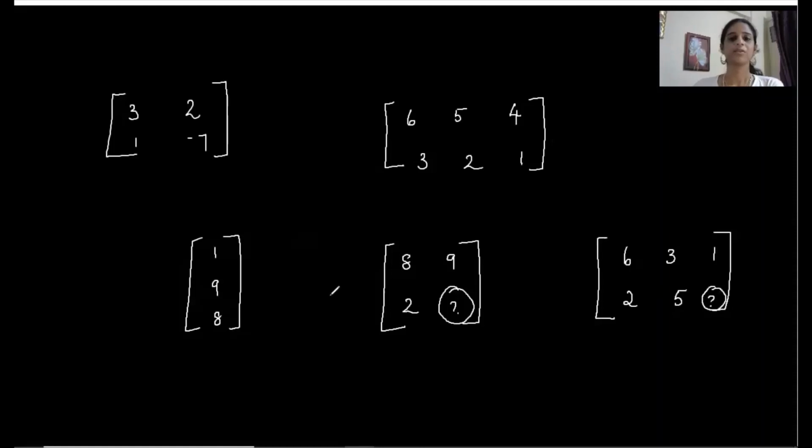Okay, so how can you define a matrix then? Using these examples, can you define a matrix? We can say that the first one is a matrix, second one, and the third one is a matrix. All of these look like a rectangle, right? So a matrix is a rectangular arrangement of numbers. Is it right?